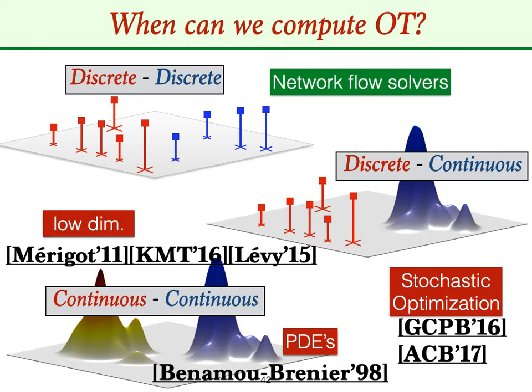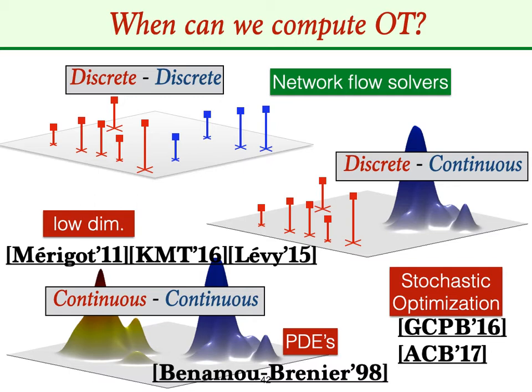Now, that doesn't mean that those problems are equally easy. The upper left problem is arguably the one that we can handle the most efficiently. And we will see that this requires using network flow solvers. The right one, the semi-discrete problem, has seen a lot of activity in recent years, a lot of algorithms, and